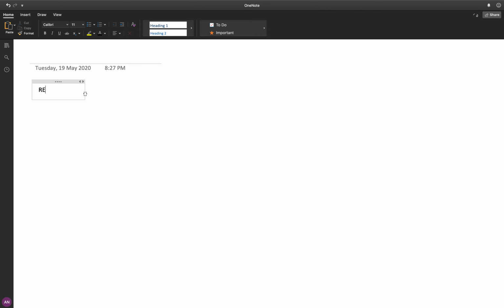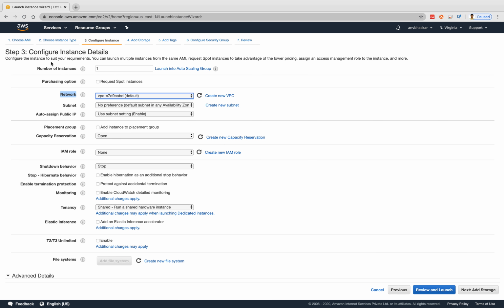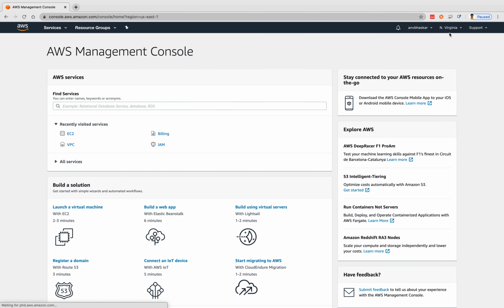Everyone knows regions and availability zones. I can make a shortcut as AZ.